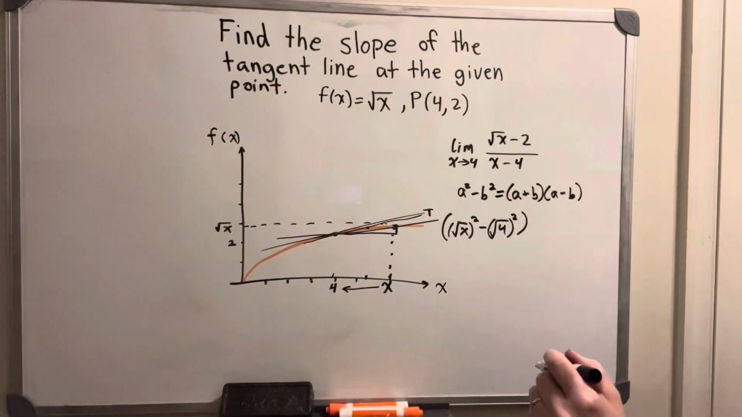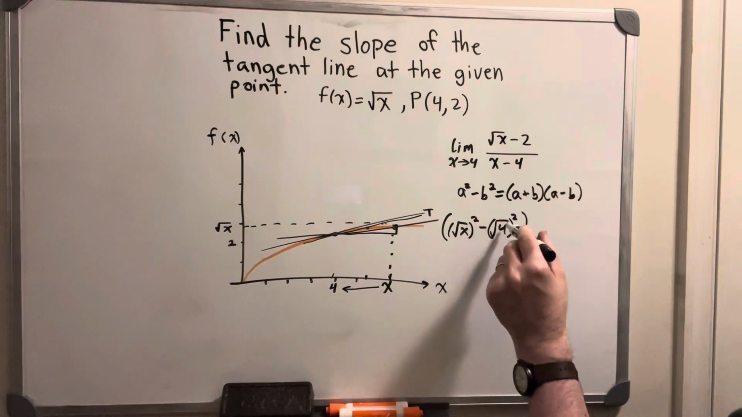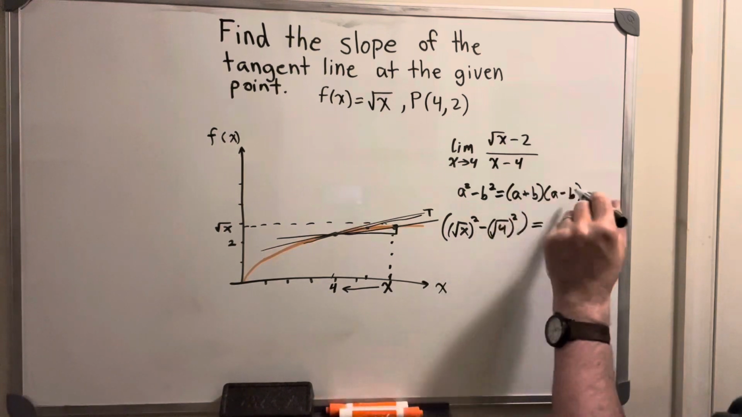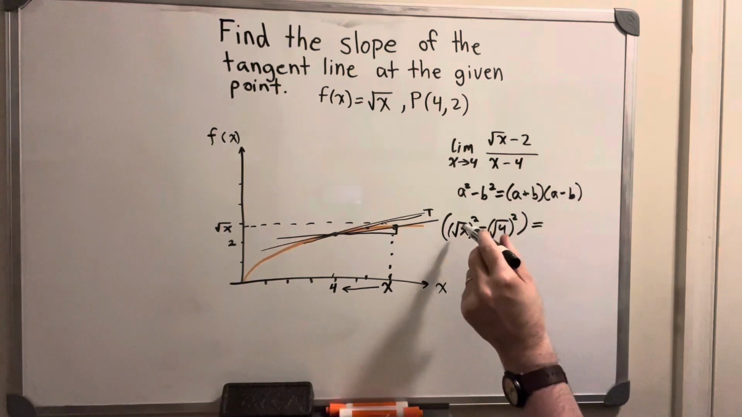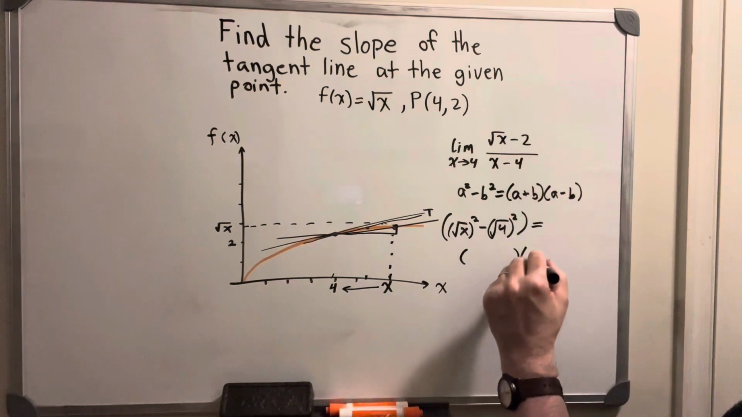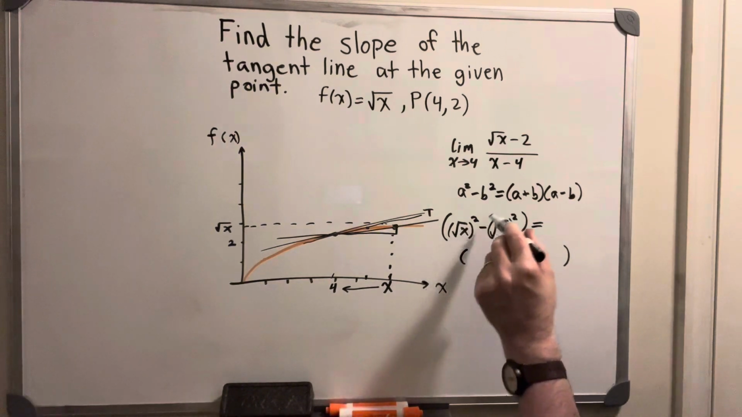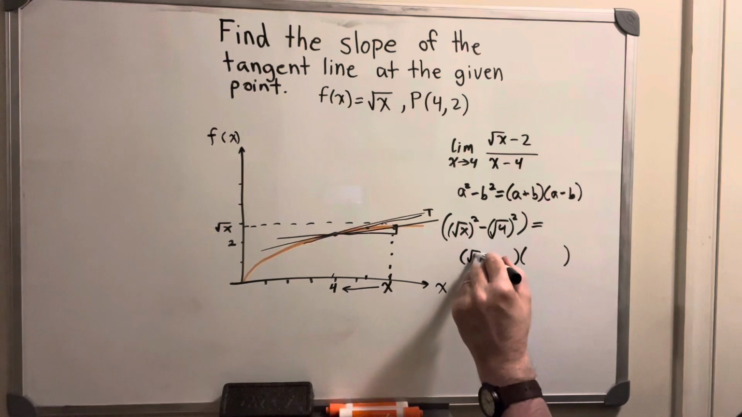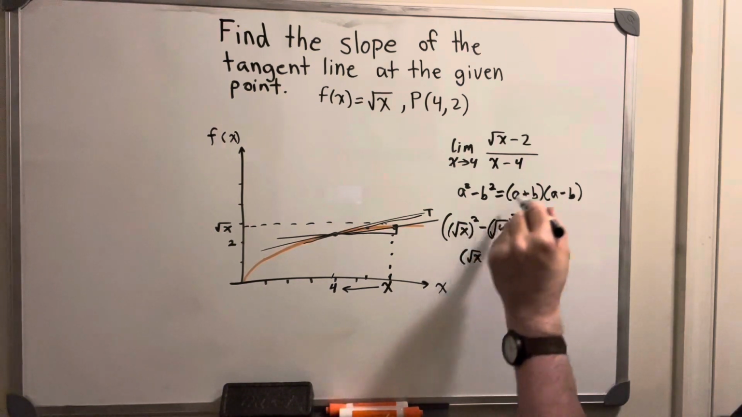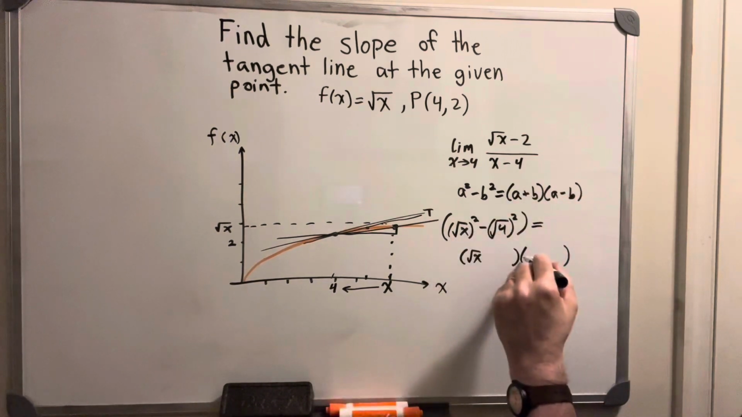I wrote down the square root of x squared minus the square root of 2 squared. Now, if you use this to convert this difference of squares into this, what do you get? What is this without the square? It's square root of x, right? Because if this is what we substitute for a,